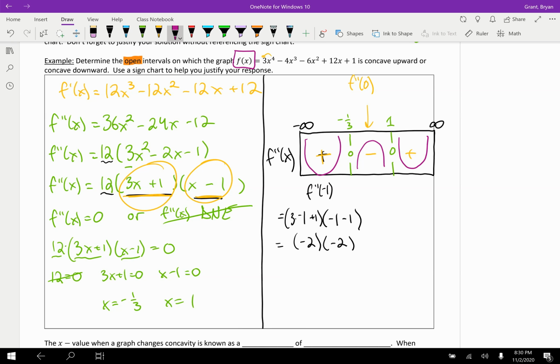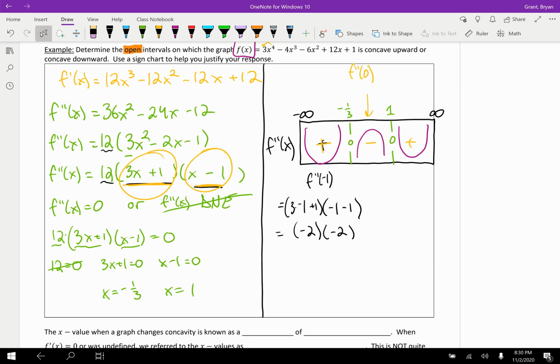Okay, well, last part is we actually do need to put an answer here because the question asked to determine the intervals where f is concave up and concave down, and the conclusion is very similar to f prime for our increasing, decreasing, so let's try it. We would say f of x, we always want to answer the question they asked about f of x, is concave up. CU is very common for concave up, though you should probably write it out if you have the time. I'm just out of space here. Is concave up on negative infinity to negative 1/3, and I'm doing open intervals, parentheses, because they asked us to do that, right? And 1 to infinity,